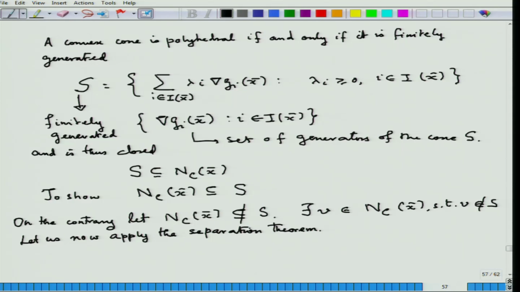So, application of the separation theorem will lead to the following, and let us see how this is done. We are going to show that V is not in S. So, by the strict separation theorem, we can show